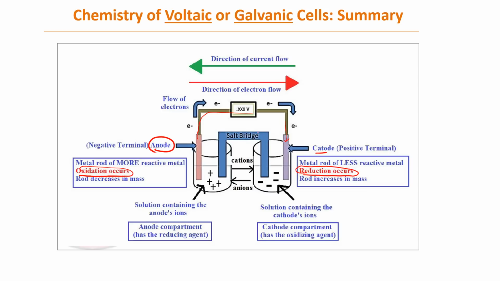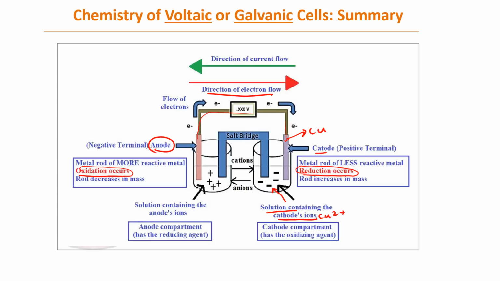So this is very important, and this is the direction of electron flow, and this is the direction of the current flow. And we always put a solution where the cathode is. For example, imagine you have Cu here, this is Cu, so this solution contains the cathode's ion,